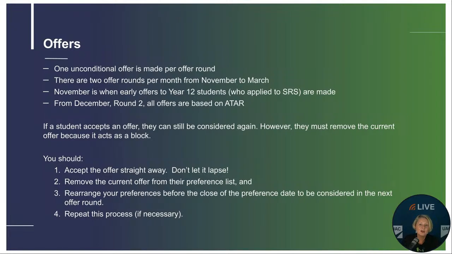Now, a few facts: you can only receive one offer per round. There are 2 offer rounds per month from November through to March. November is when early offers will go out to Year 12 students who have applied for early entry schemes. And for December round 2, which is the first